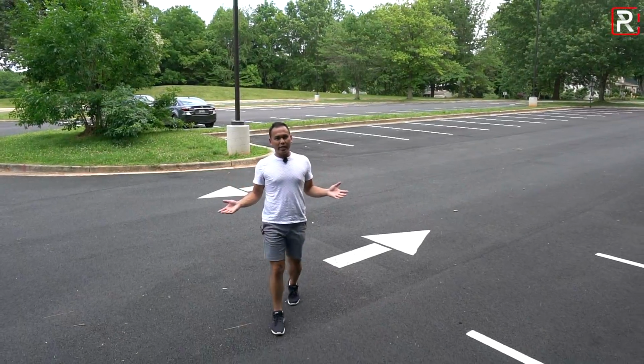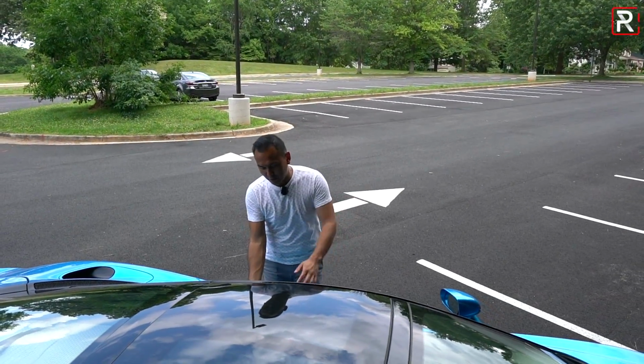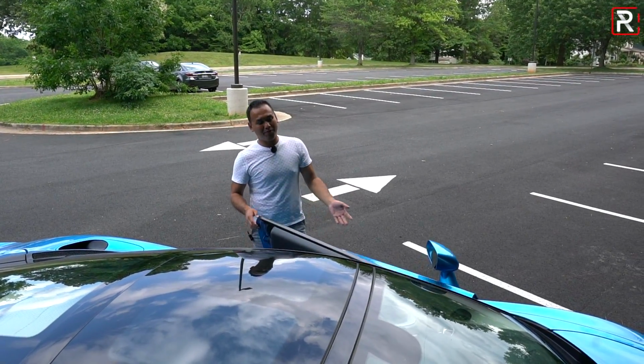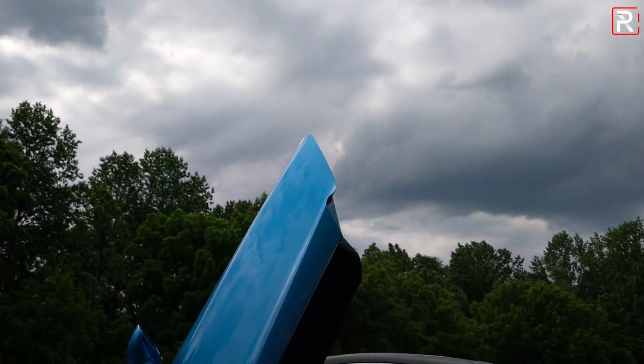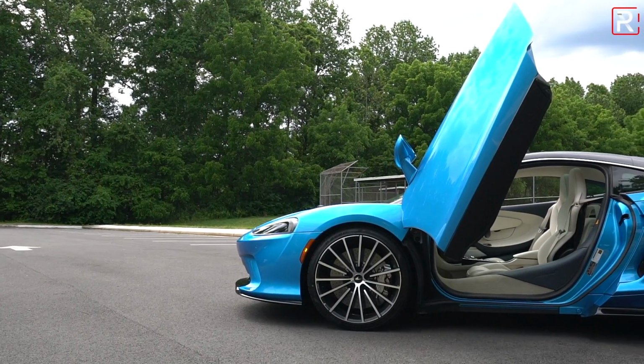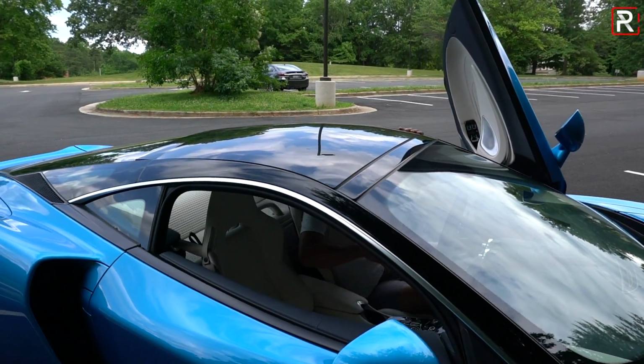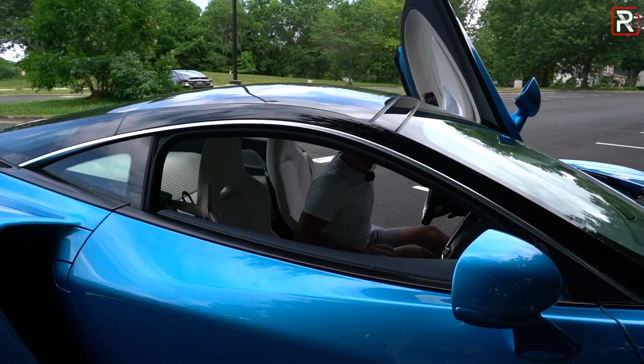So probably the coolest thing about owning a McLaren are its dihedral doors. What does that mean? Well, when you push this button over here and lift the door up, I mean, come on, this is the most badass part about a McLaren. A lot of the aftermarket companies try to copy these doors all the time, and it just works on this car. Now, getting in this thing, let's talk about the interior,